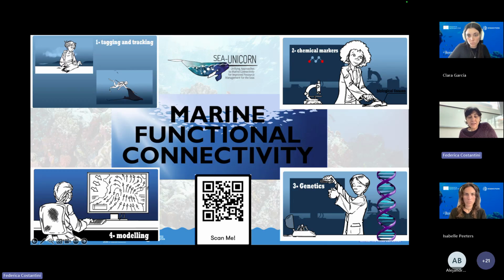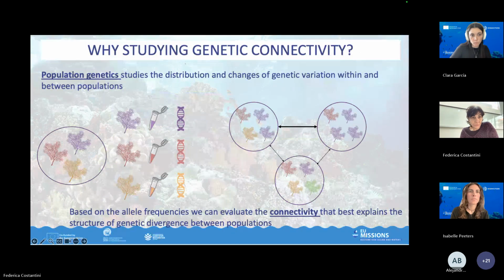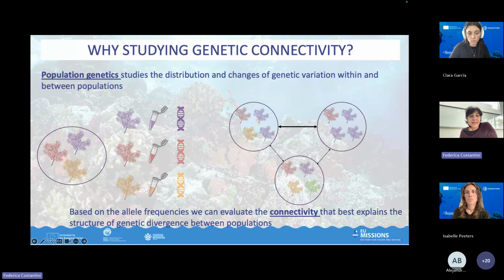So despite all these methods, here in the talk, I will focus more on genetic methods, which rely on analyzing the relationship among individuals. If we are working at the population level, we can study connectivity using population genetics, which allows us to evaluate the distribution and changes of genetic variation within and between populations. In fact, population genetics focuses on how evolutionary forces like mutation, natural selection, genetic drift, and migration shape genetic